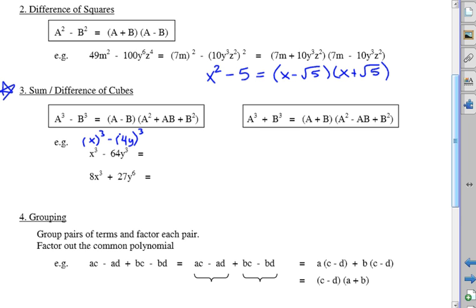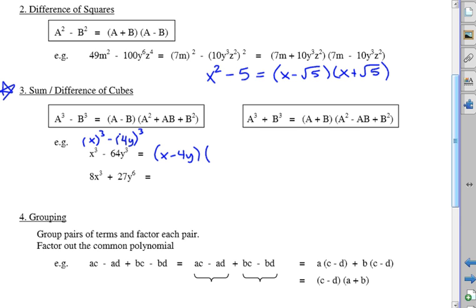Okay, so changing it into a cubed minus b cubed, and then we plug it into our formula. So our minus, you'll notice, is still a minus in the first, a minus b. And then the difference here is it's plus a squared plus ab plus b squared. So you might end up memorizing it. I don't know. Okay, so a minus b, so it becomes x minus 4y